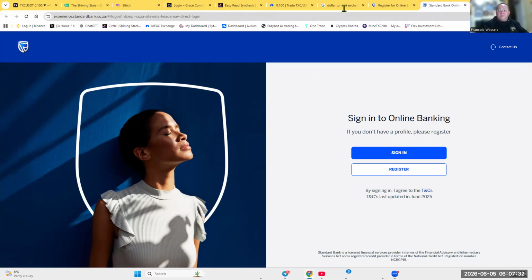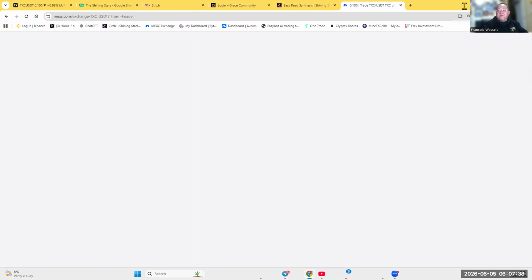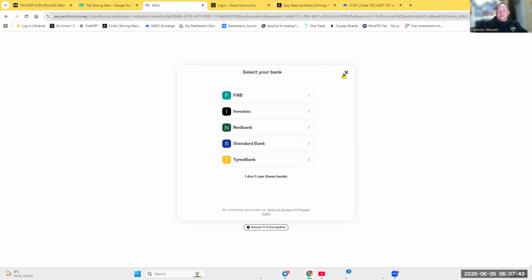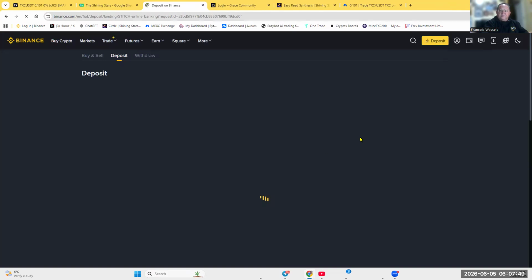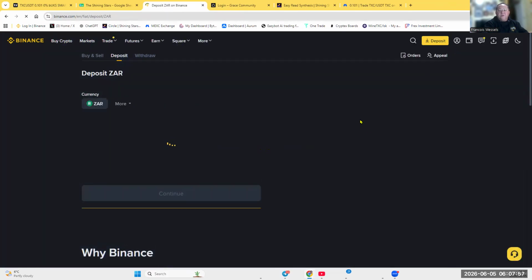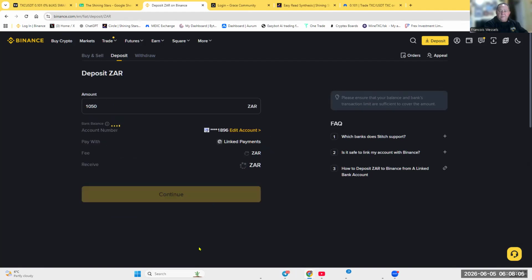Okay. In my case now, I'm just going to close this. My banking has been linked already, so I just want to go back. I need now to transfer funds from my bank into my, what's the name. So all I need to do once your banking is linked, you press continue. You say the amount that you want to add, continue.